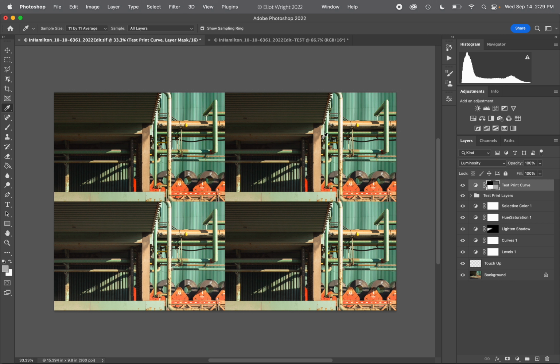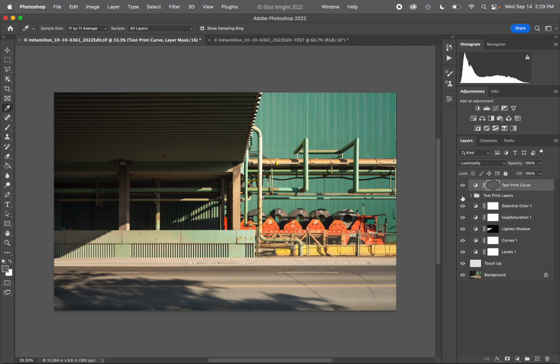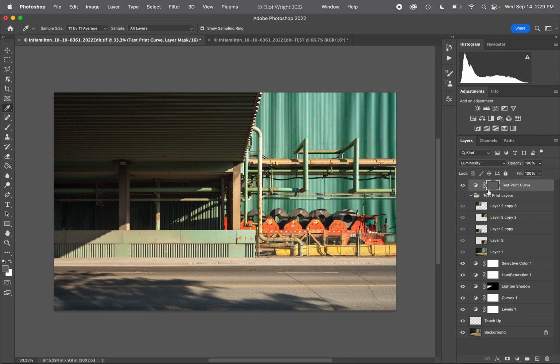To allow to just light it up just a little bit. So when I select that, you can see the foreground color change to that 33% gray. And now the nice thing is all you have to do is press Option and Delete again to fill the foreground color. And that mask that previously had 4 quadrants in it is filled to a gray. And that means that the same amount of brightness or luminosity is being applied across the whole image. And at this point, you can either turn off your test print layers here, which I stacked into this convenient group,